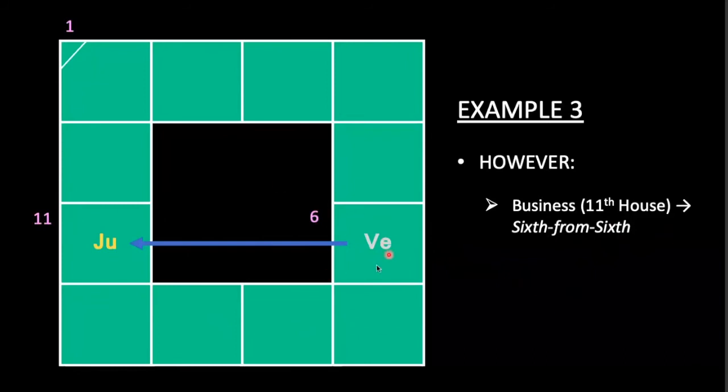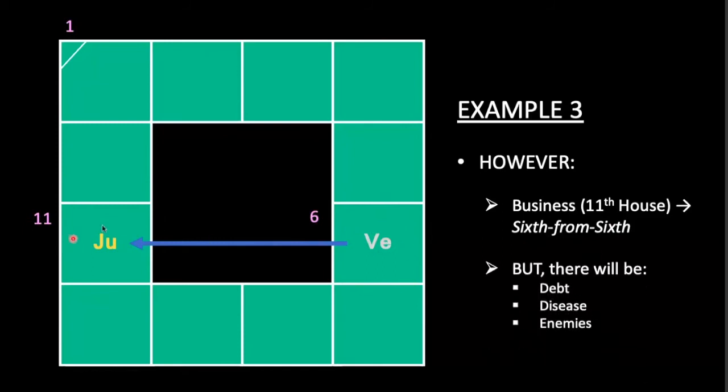Always remember, you have to start with the own house, or the house you're counting from. So you have to include that house. So 6 from the 6th is the 11th. So what does that mean? Right? This is more positive. As you can imagine, Jupiter is more positive than Venus. So naturally, the person will be in business, provided, again, that the person is going through an 11th house dasa or bhukti. Dasa is preferable. But again, you have to look at all the nuances of